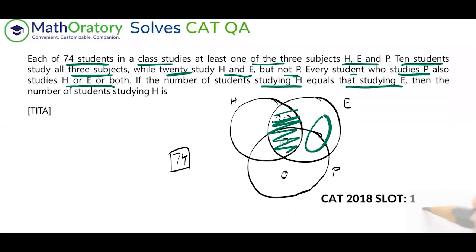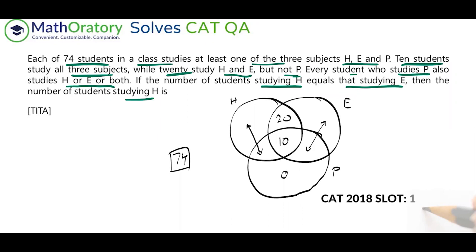So what we know is, just let me take these things off. Just one second. So what we know is that this section, these two combined, is equal to these two combined, because the circle totals should be equal. And now, once we know that, nothing else is given. So let us quickly figure this out, because the objective is to find how many people study H. So we need to just find the total of the H circle, right? If I can figure out the sum of these two parts, that itself should be sufficient, isn't it? So let us do that.